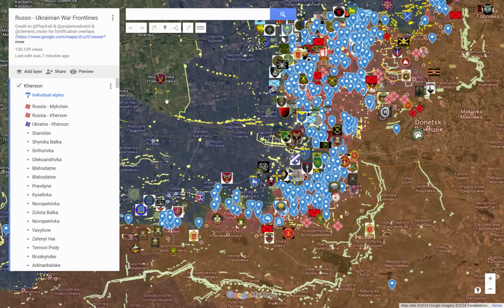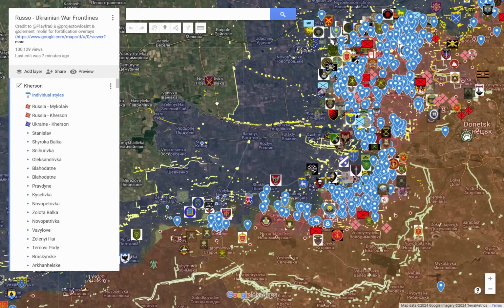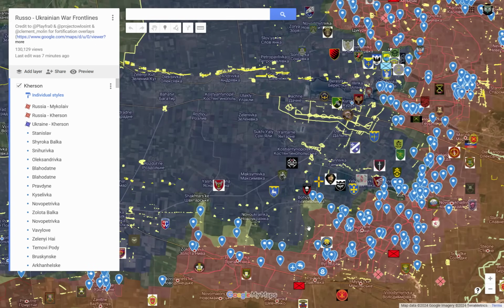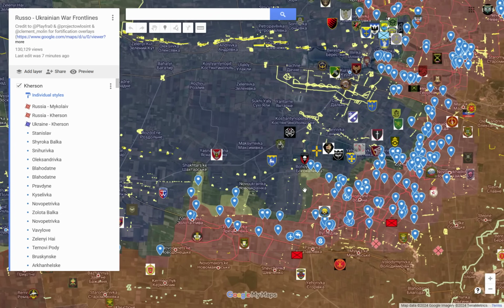There are battles going on within those three villages in the southern Donetsk area, just east of Velika Novosilka. This is an area that I've been incessantly talking about. I've started every single video for the past couple of months with this part of the front line, and it's for a reason. It's because I saw the way the dynamics were unfolding in this particular area, and it was always going to be conducive after a certain point for deep Russian penetrations, given the fact that the elevation is